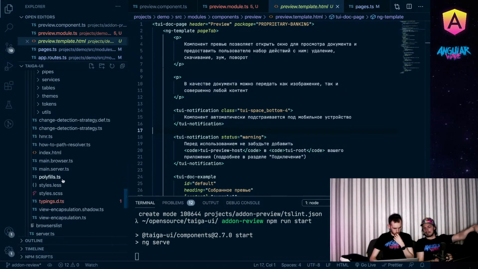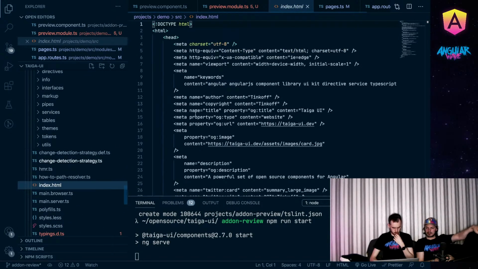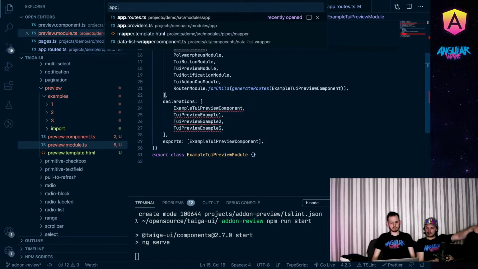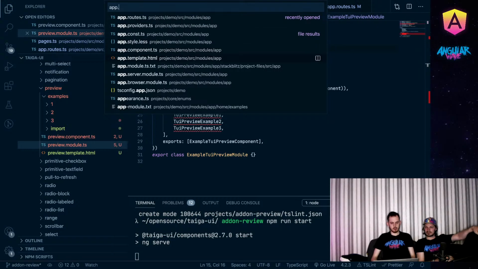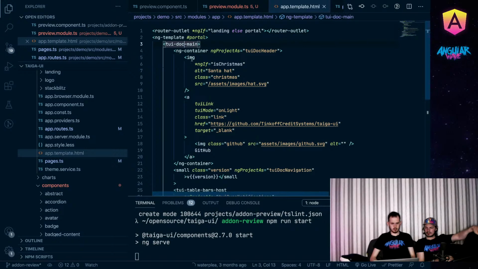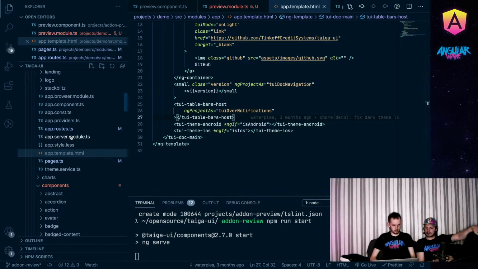How can I find it? It's app component or something. Yeah, it's app component template. Right. Here we have TUI main, and here we need to add